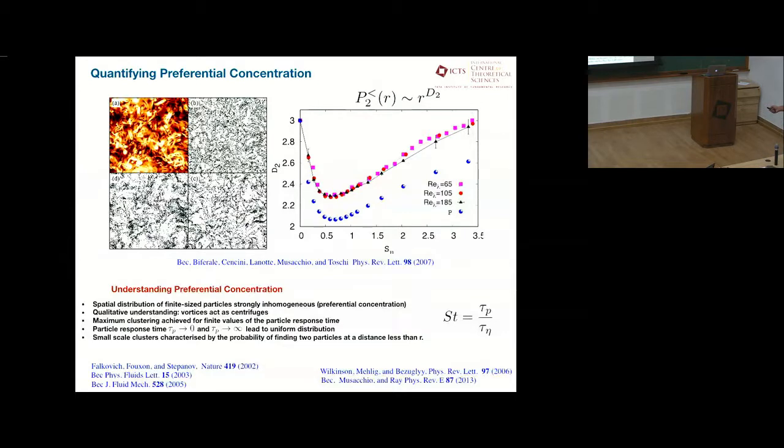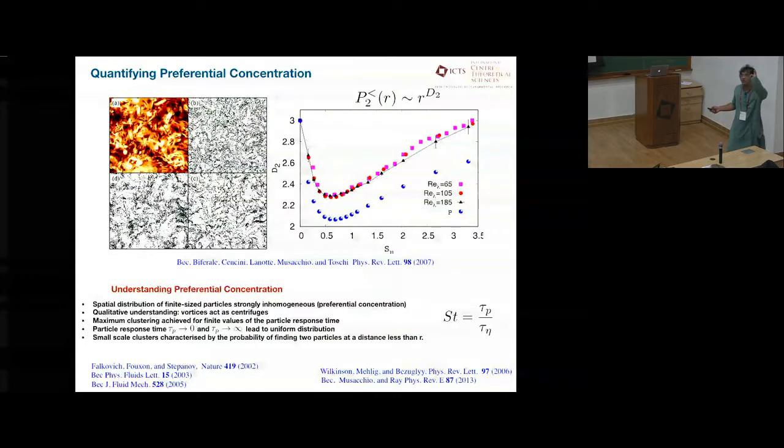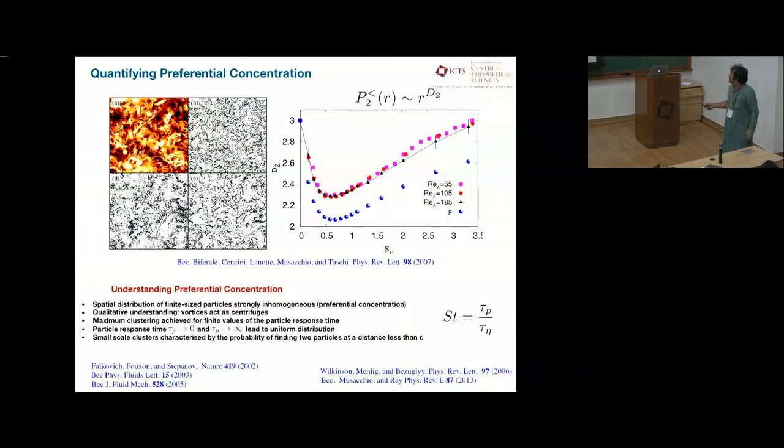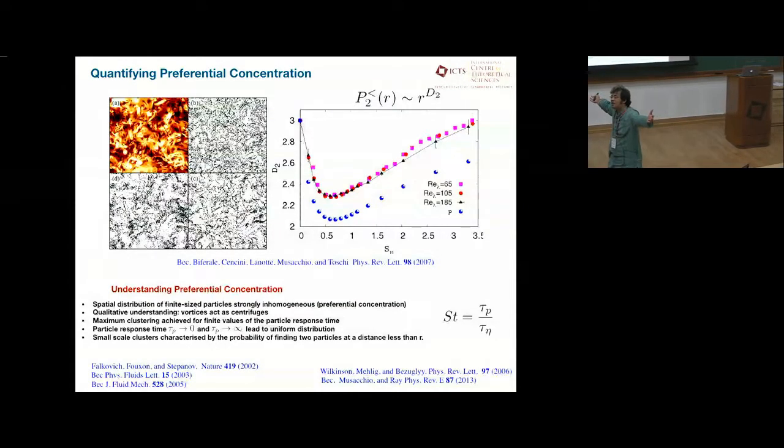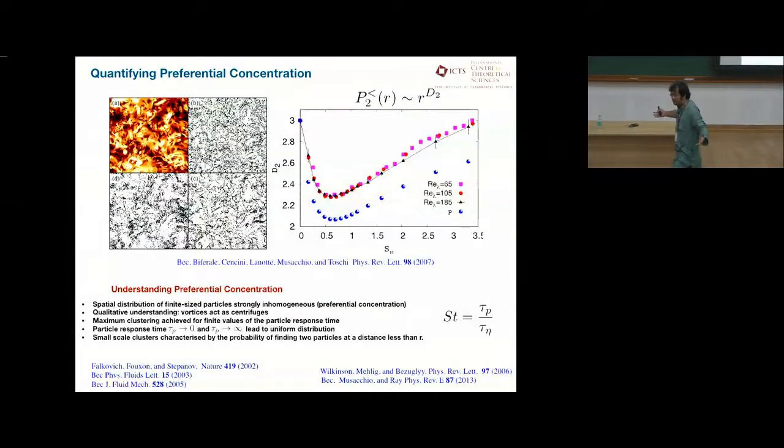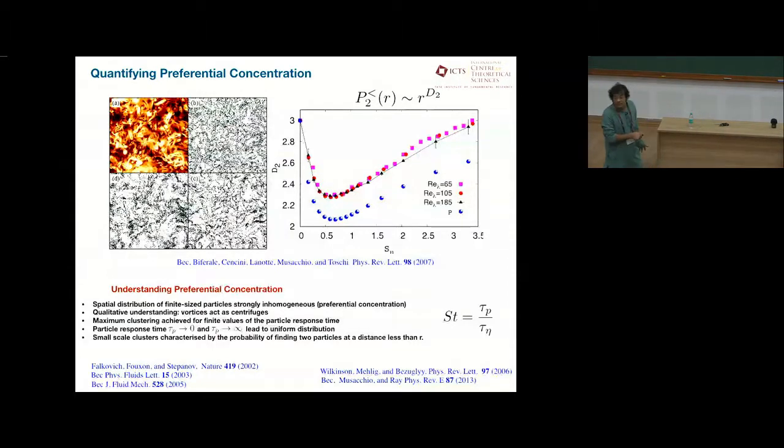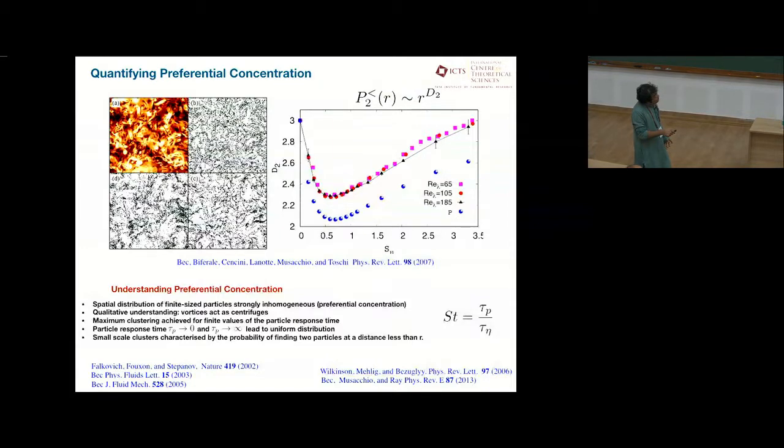correlation dimension. If you're tracers, you're sitting somewhere here, the so-called Stokes number, which is a measure of the finiteness of your particle, is 0 for a tracer. You span the whole phase space. So if you're in a volume of radius r, then you're likely to have r cubed number of particles, because you're uniformly distributed. However, if you have finite Stokes, you start decoupling from the flow because you have a finite response time scale. And so you scale with volume as r to the power d2, where d2 is less than 3.